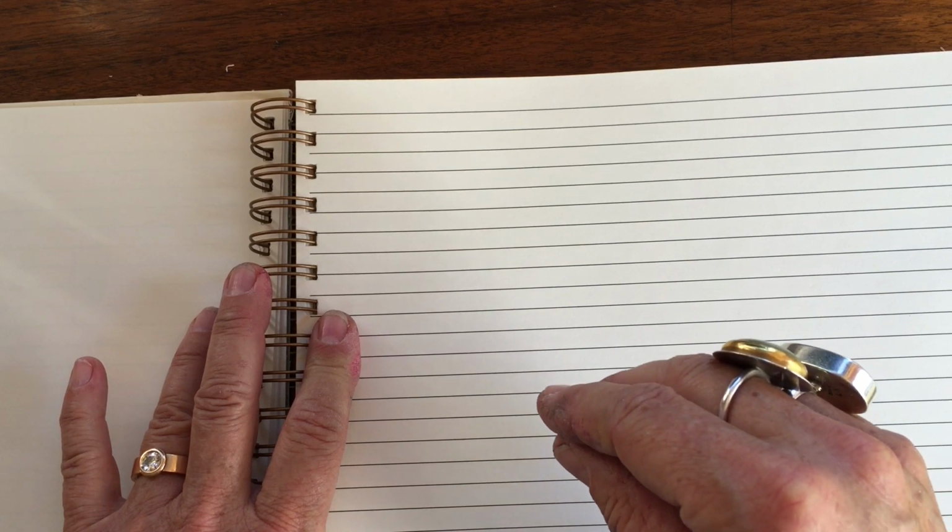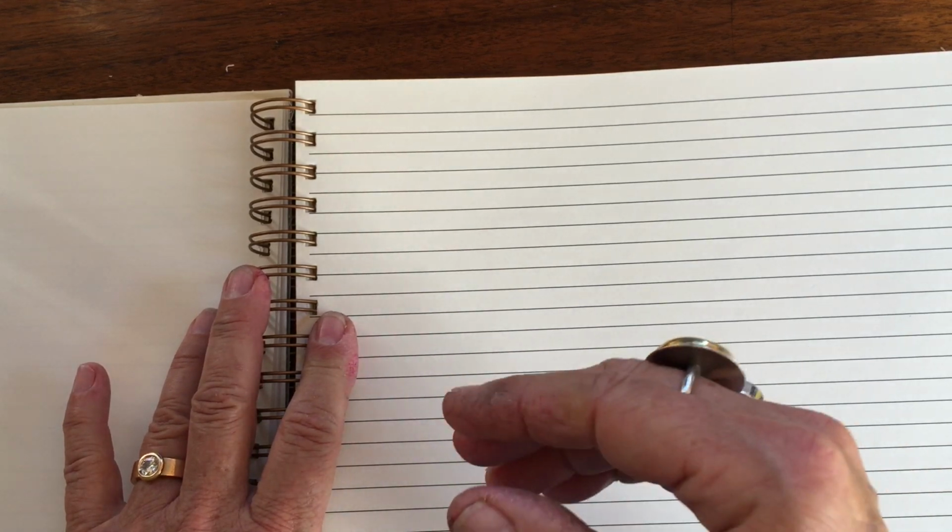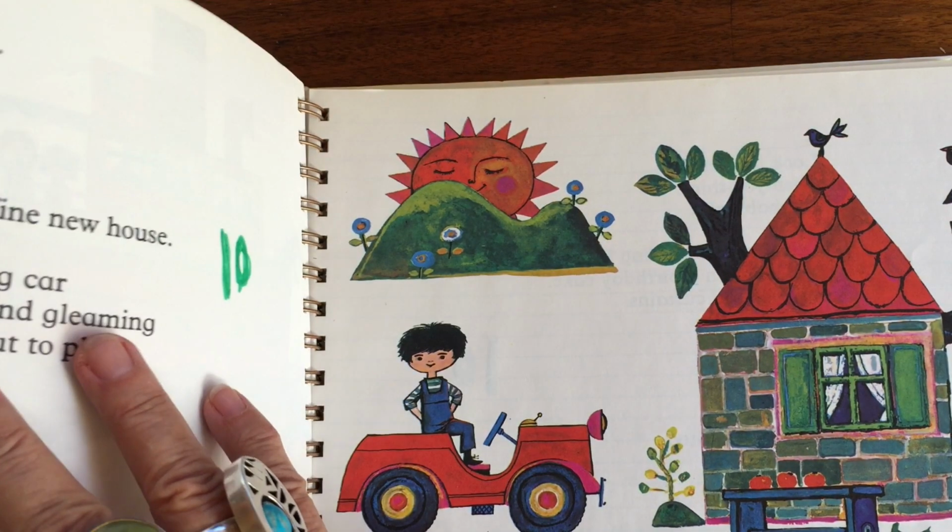So I really like these books, but as a knitting notes book, it turned out not to be so practical because